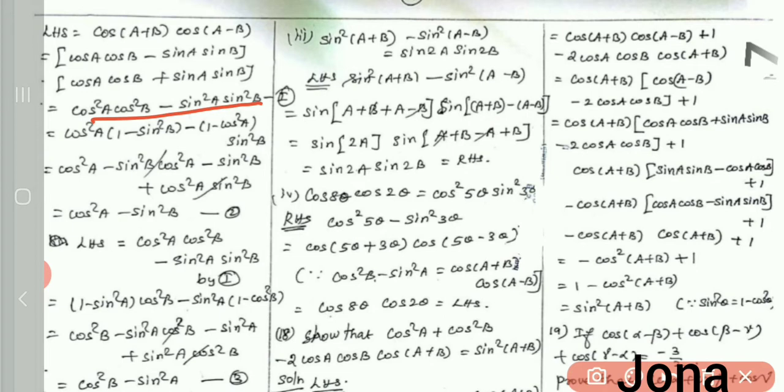Here I want to convert this cos square b in terms of sin. So it will be 1 minus sin square b, minus of this sin square can be written as 1 minus cos square, and then I want to remove the brackets so that we have cos square a minus sin square b, cos square a minus sin square b plus cos square a into sin square b. Then we can cancel these two terms. So the remaining terms are cos square a minus sin square b. This is on the left hand side.